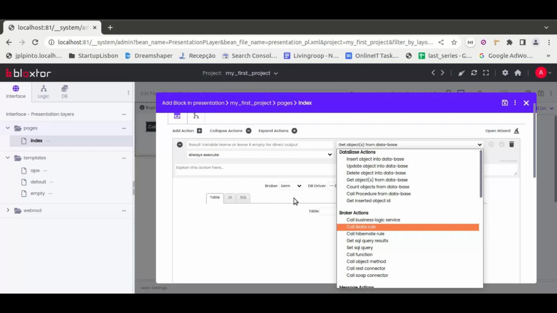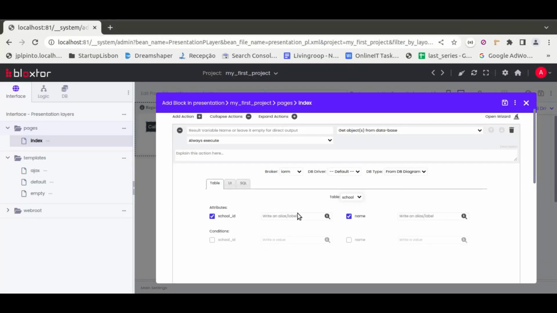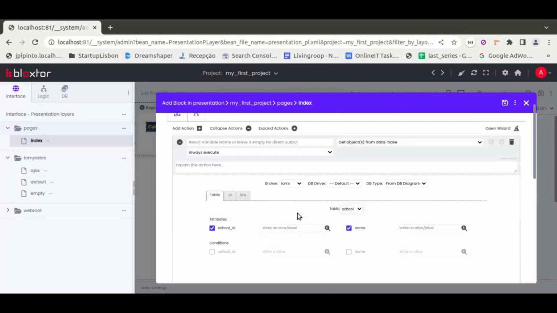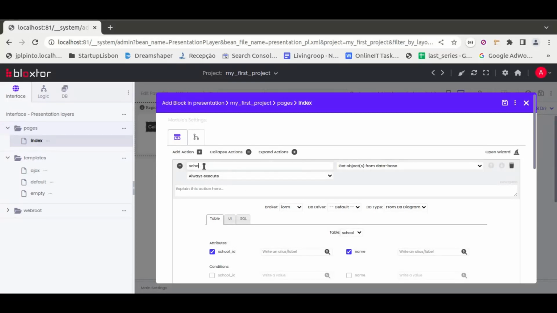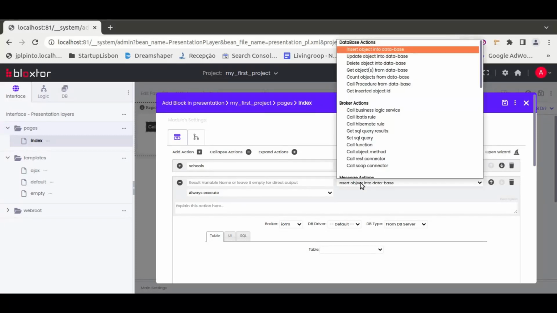So for the sake of this tutorial, what I want to show you here is how to create Excel reports. That's it. So it doesn't really matter the way to get the data from the database. So we'll just do it the faster way, which is with this guy here. Okay, so I'll just get basically a list of schools. Okay, so first section is done, so we just create our variable called schools, and we add a second action,